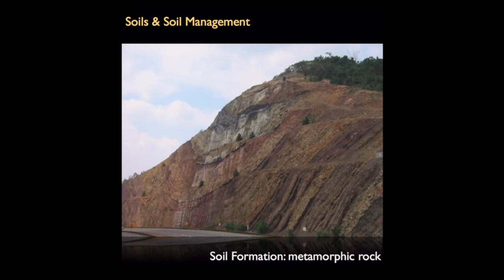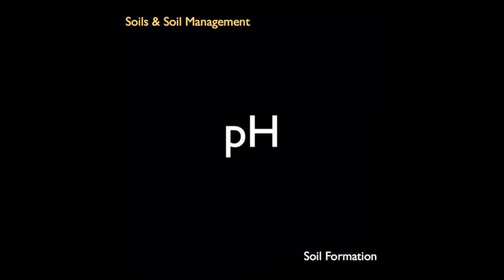The spectacular geologic strata shown here at the Sidling Hill Highway Cut in Maryland shows the type of environment where metamorphic rocks may develop. The different types of rock that make up soil can influence different properties of the soil,